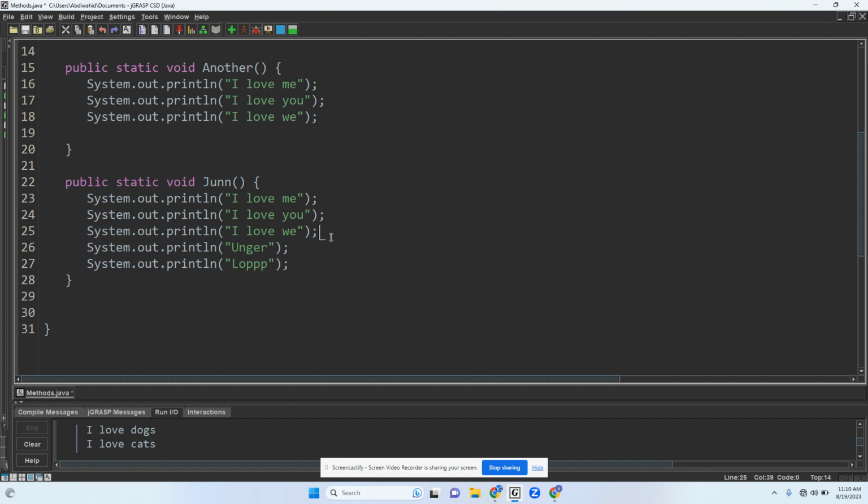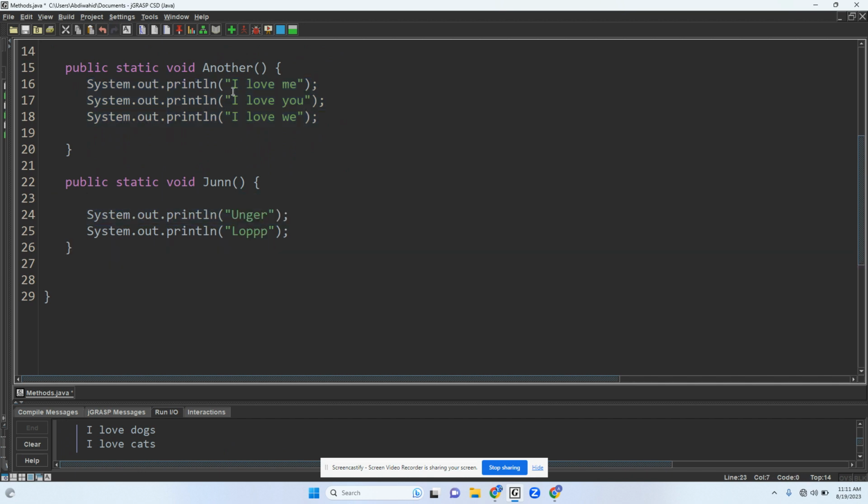Let me just take a step back. What I'm trying to say is, see how these lines of code are really similar to these lines of code here? This is okay, but somebody reading your code would probably say you could simplify this, or let's say you want to print this out 100 different times. You're not just going to copy and paste 100 different times. You'll basically use the method again and just let the method print out those same 3 lines of code. So if I delete all these and then call another,